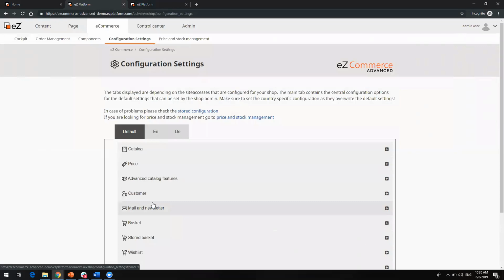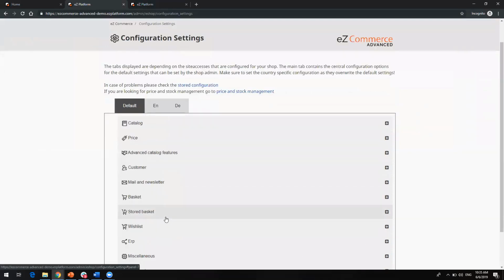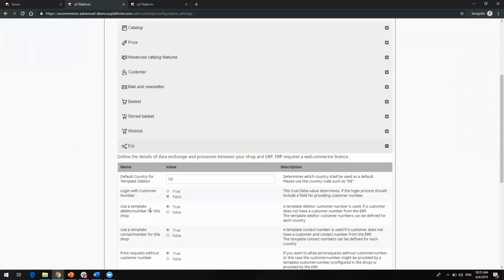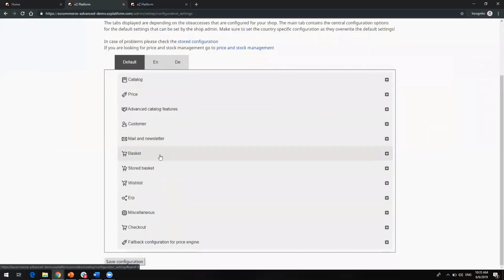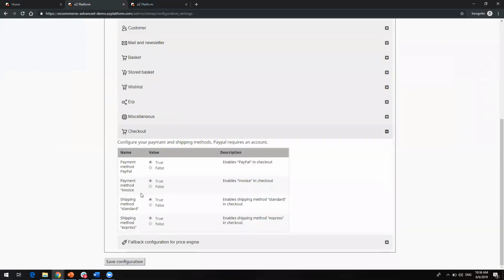will there be an ERP integration, or will the data be based on Easy, or will it come from the ERP. You can do this under the ERP, or I can configure, for example, the checkout process and what would be the payment method. Something I do want to stress about the ERP that comes with Easy